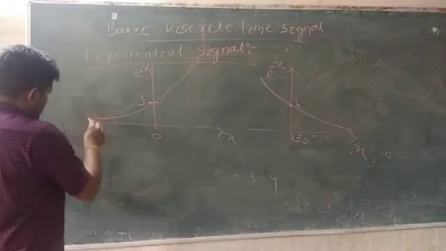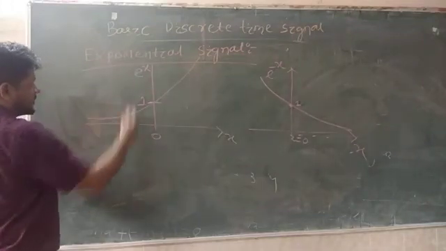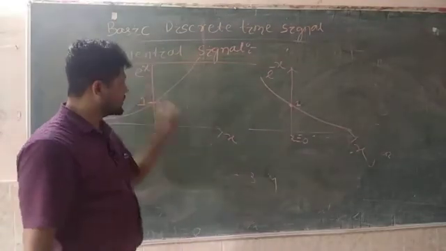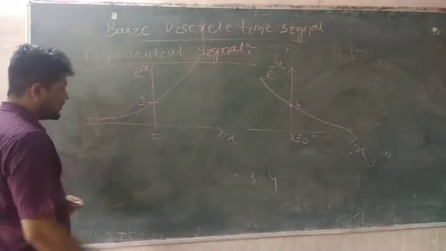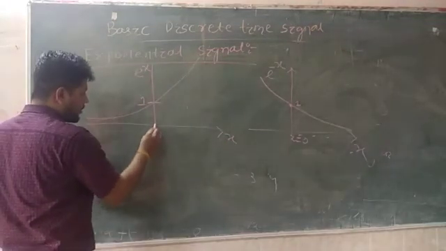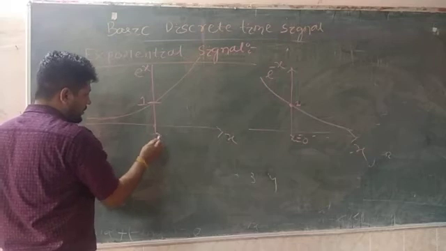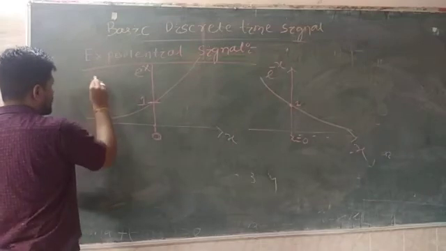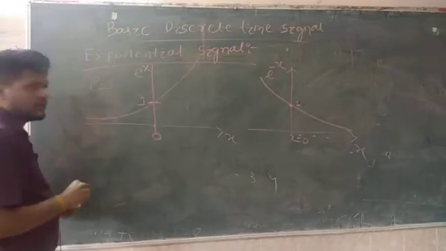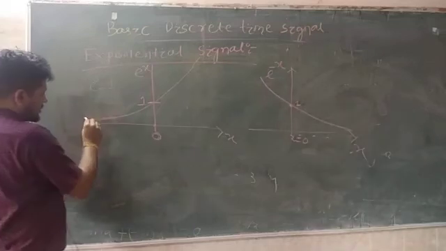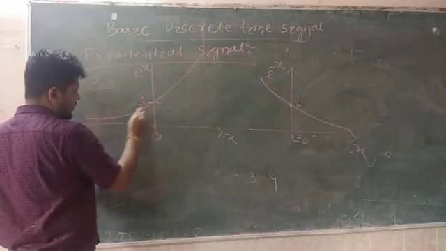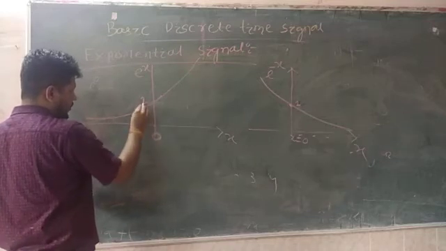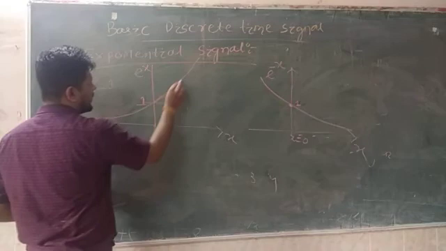You can see here, this is a graph for e to the power x, and this is a graph for e to the power minus x, versus x. When the x value is 0, this is your origin. At this point, e to the power 0, you have to remember, is 1. So this crosses the y-axis at 1, and it is increasing exponentially.